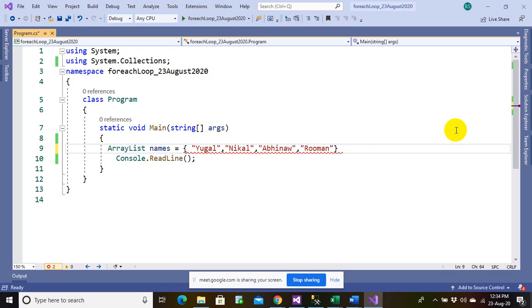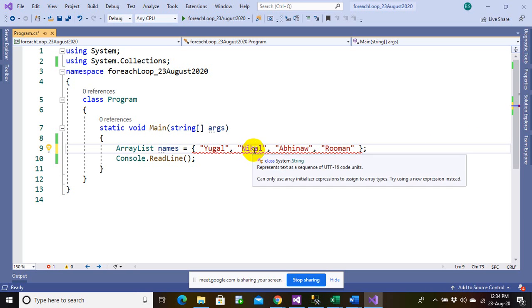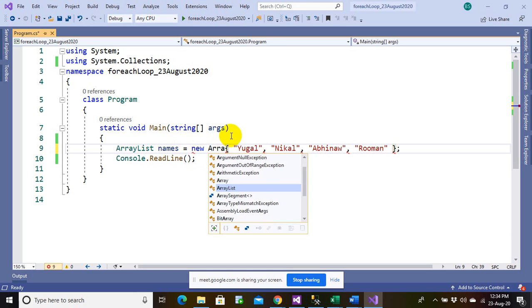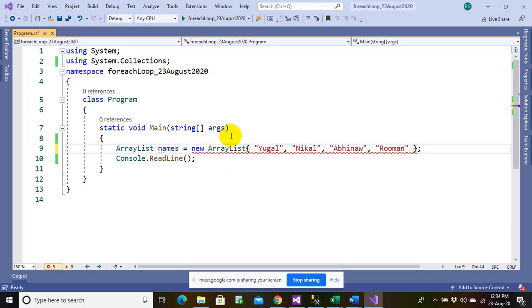Okay, let us say these are four names and I want to iterate through all of them. I'm having an issue here because of this one, new list. That's it. So I have four names here and I can still apply a for each loop to iterate through all these elements. So how do you do that?